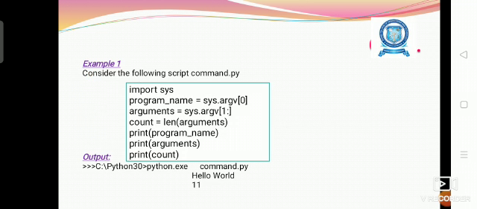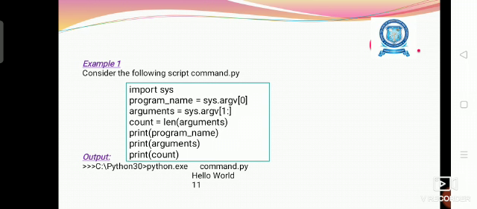We are going to see one example in which we are using the sys module argv method. Initially we have to import sys, so we are importing the sys module using the import statement. Then we are accessing the program name from argv, that is, sys.argv of 0. argv of 0 means we get the 0th element, present at the 0th index of the argv array.